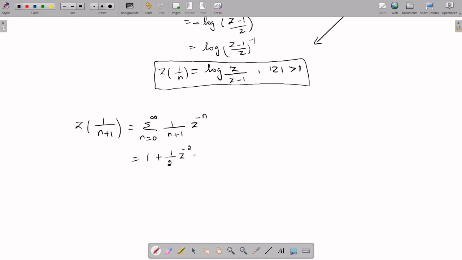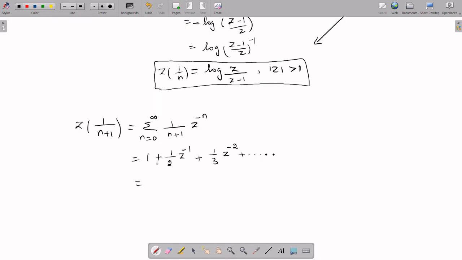Okay, n is equal to 1 is substituted now. So 1 by 2 into z to the power minus 1 plus, n is equal to 2 is substituted, 1 by 2 plus 1 is 3. So 1 by 3 into z to the power minus 2 plus etc. you have. Okay. And this term here, when you are going to apply the previous formula, you need